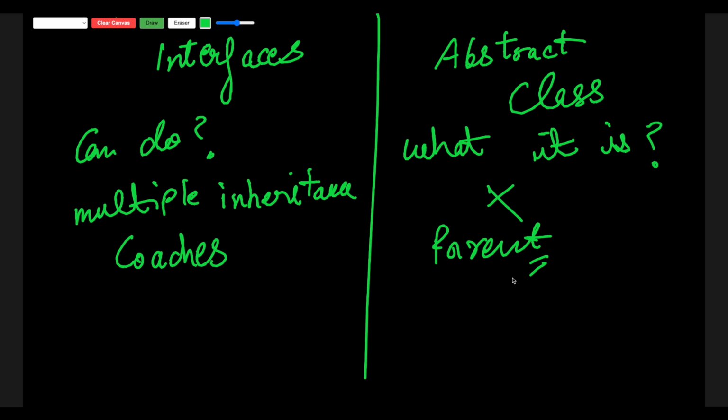Now, here is the next question you should ask yourself. Are you describing something that this object can do or something it is? For example, flyable, draggable, printable, these are skills. Vehicle, animal, employee, these are real world things. Skills, then use interfaces, but if you're talking about real things, use abstract classes.